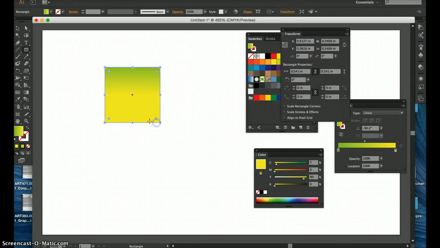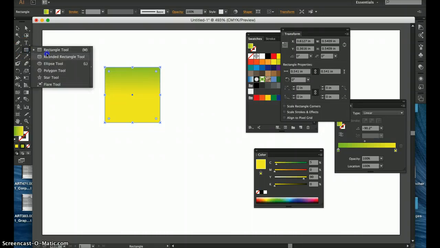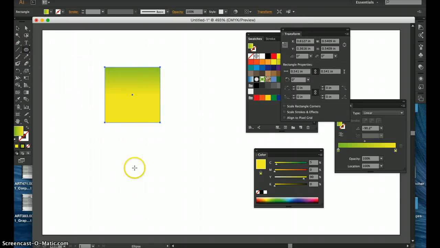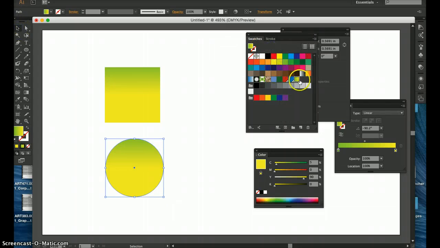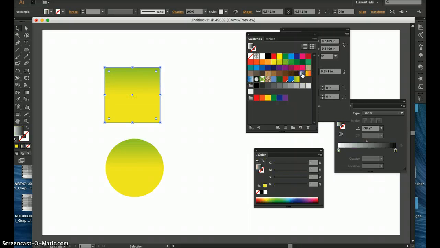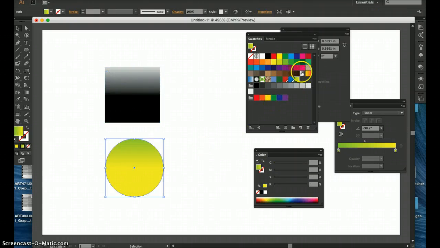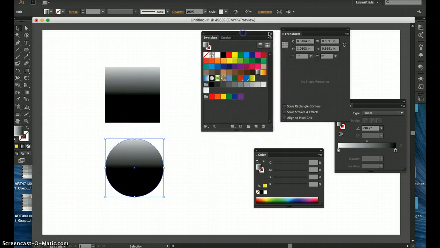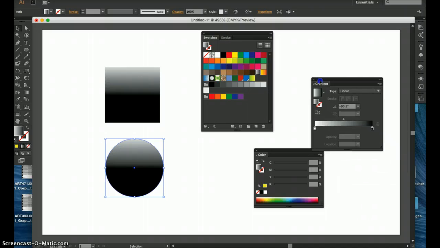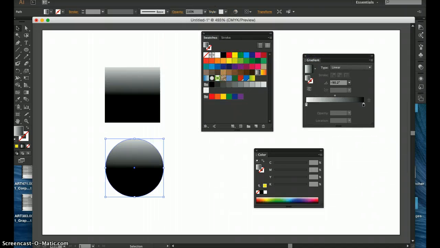So I'm going to draw a couple of shapes here just to show you. I've got some default gradients already set. If you look in your swatches palette, there's already some gradients in here. They come with the program. This is the default one, and here's the way the default one looks. They correspond with a gradient menu, which looks like this, and it's listed underneath Window like the rest of them. So if you click on an object like that with your pointer tool, you can use the default gradient,